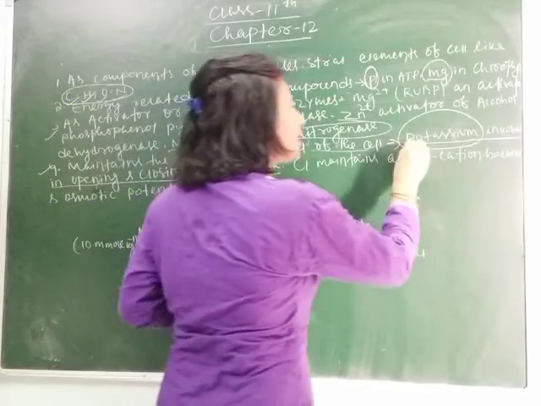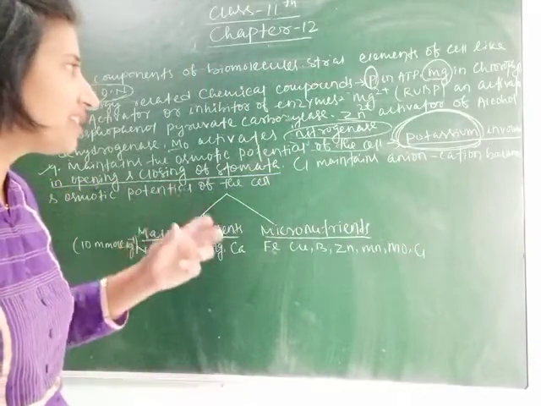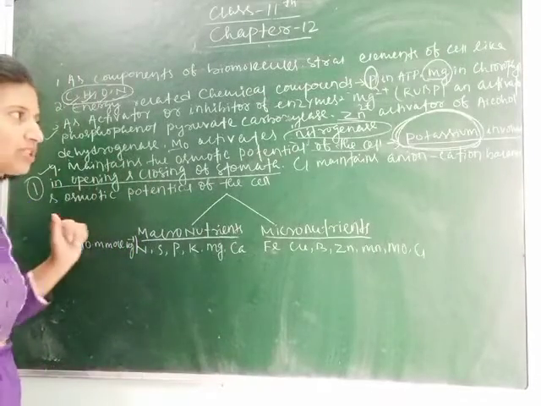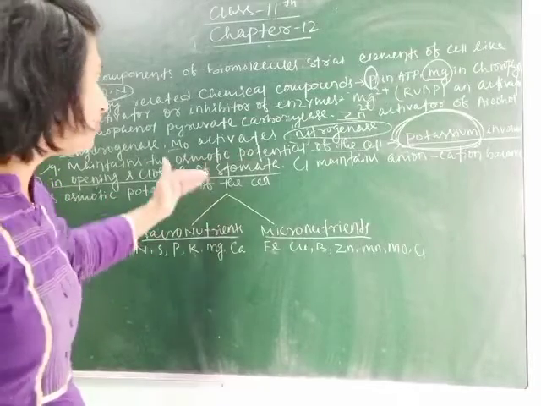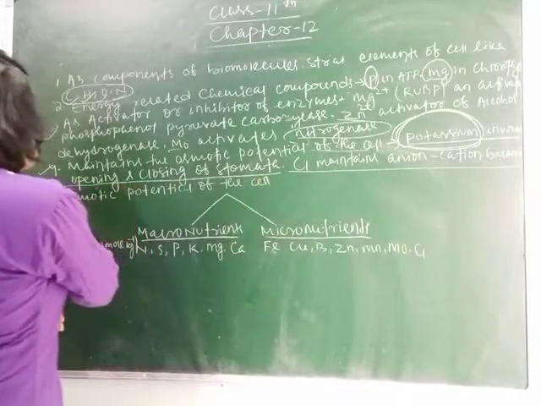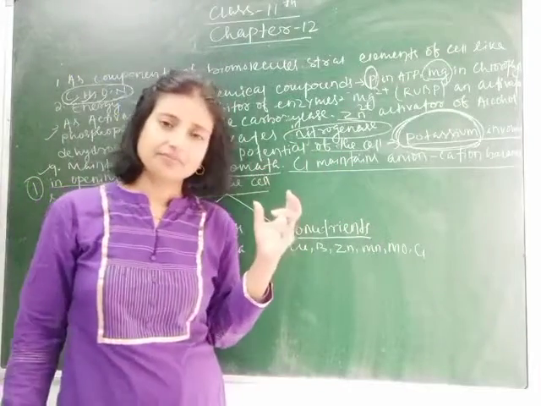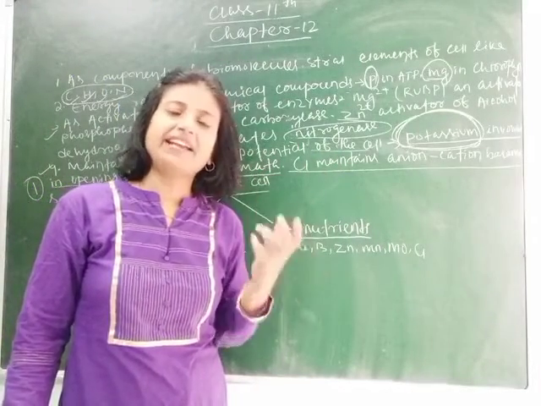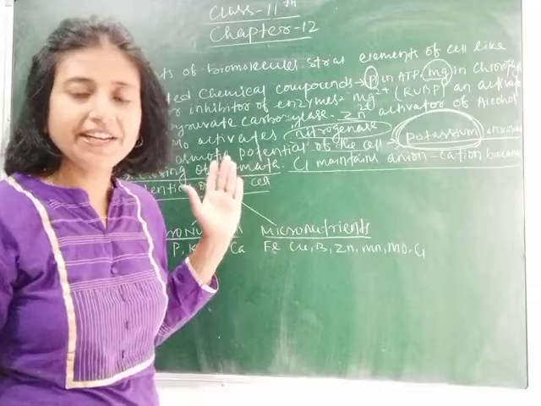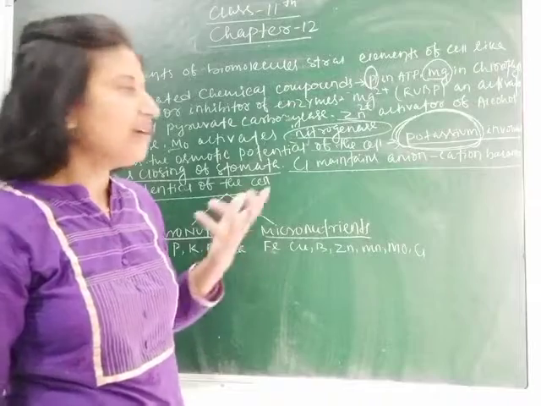So students, again I am telling you, potassium is the mineral which is involved in the opening and closing of stomata. It may come as a 1 mark question, which mineral helps in the opening and closing of stomata. Clear? Next, chlorine maintains anion cation balance and osmotic potential of the cell. Anion cation balance means some minerals are taken by the plant in the form of positive charge and some in the form of negative charge. We already discussed, plants take some positive ion minerals as well as some negative ion minerals.